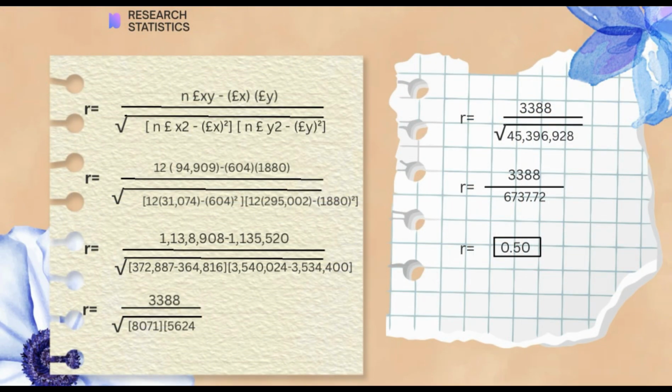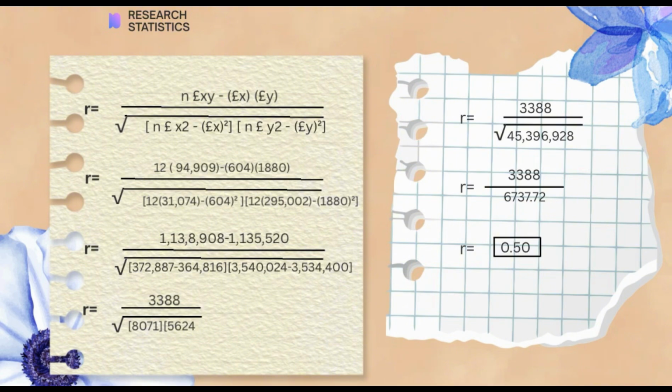Good day again everyone, my name is Rochelle Apilar from BSHM2B. So now let me explain how we solve for the Pearson correlation coefficient or R shown in this calculation. First, we use the Pearson correlation formula, which measures the strength and direction of the linear relationship between two variables, the weight and height of the students in the BSHM2B. In the formula, we substitute the given values such as the sum of x, sum of y, sum of xy, sum of x squared, and sum of y squared.